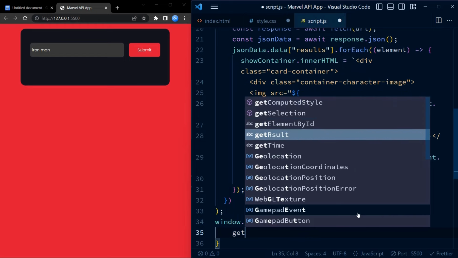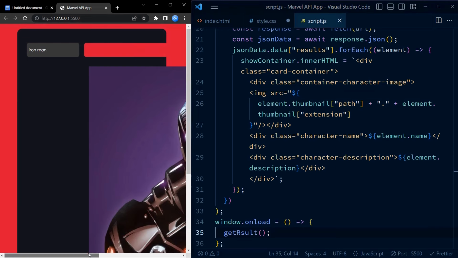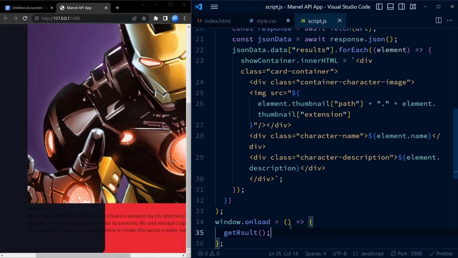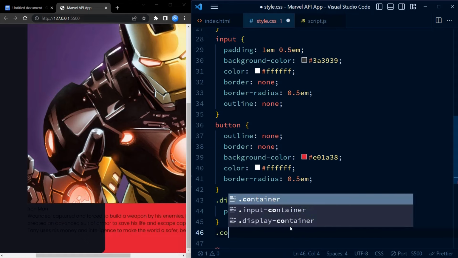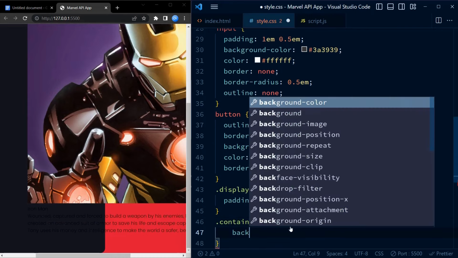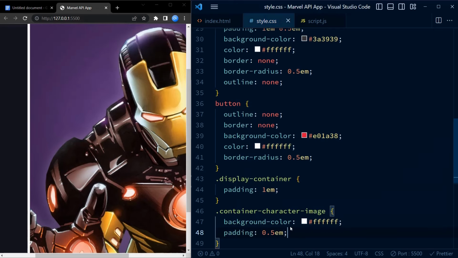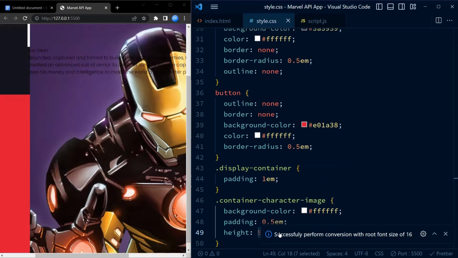As you can see in the result, the superhero image is super huge and completely out of place. Hence, we use CSS to put the image back into its original place and into its original size. Next, we make the container for image and the image circular by adding a border radius of 50% to each of them. We also set a fixed height and width to the